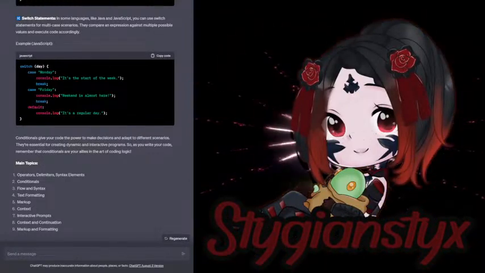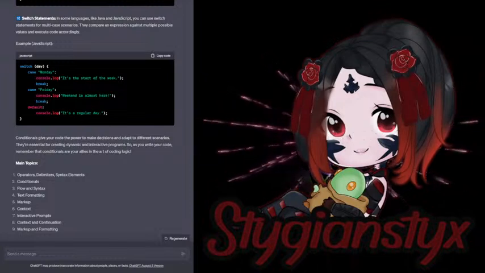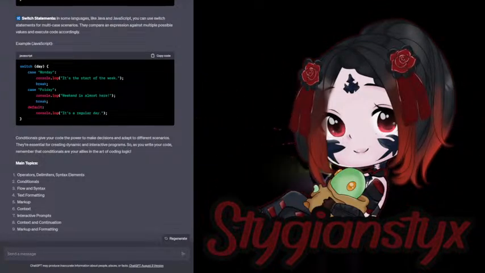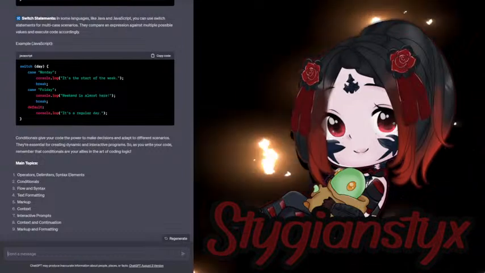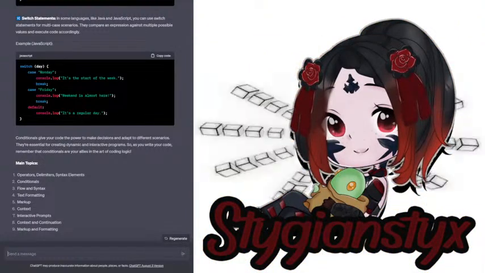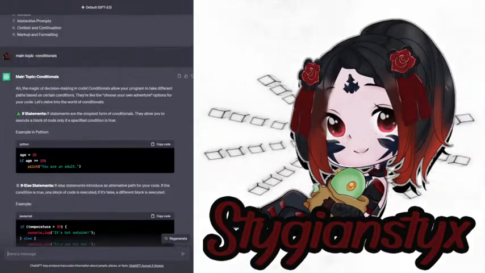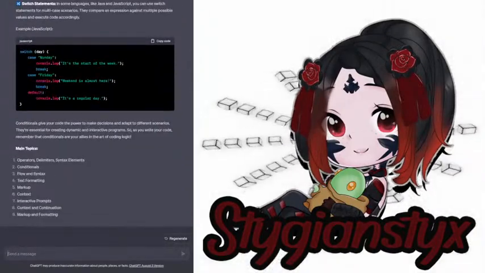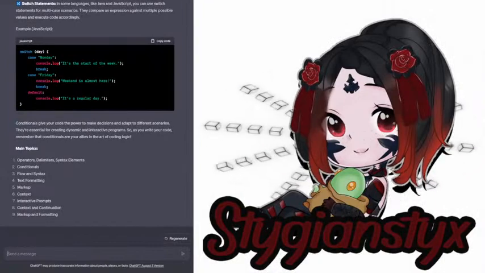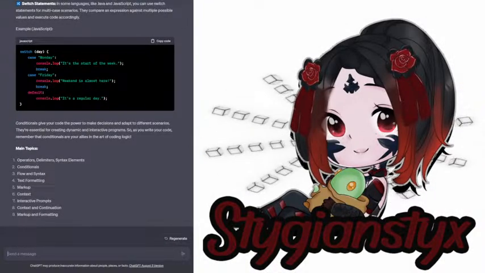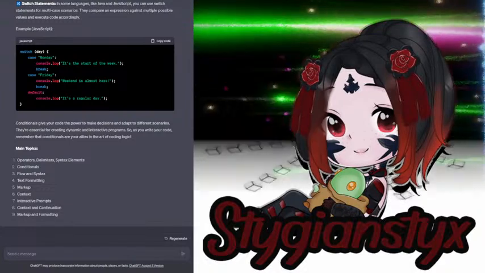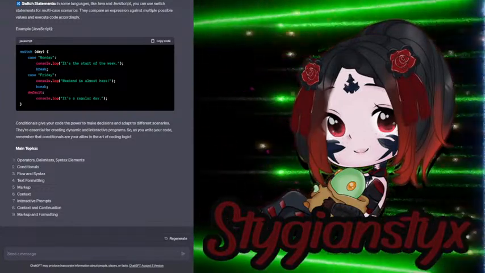Example, JavaScript: switch (day) { case "Monday": console.log("It's the start of the week."); break; case "Friday": console.log("Weekend is almost here."); break; default: console.log("It's a regular day."); }